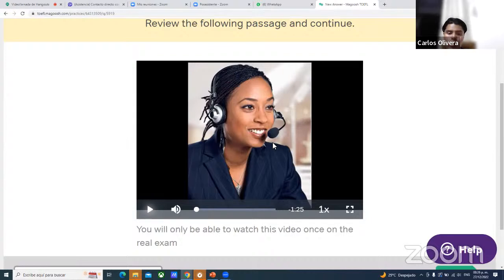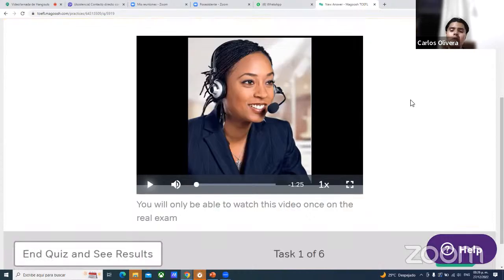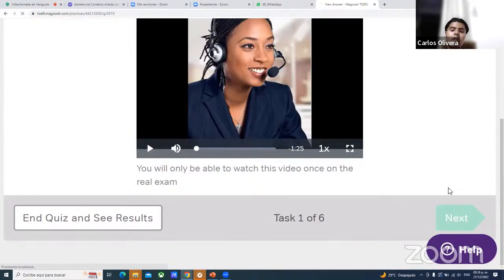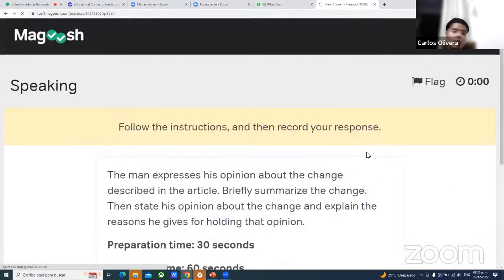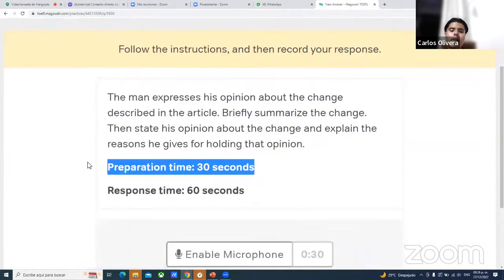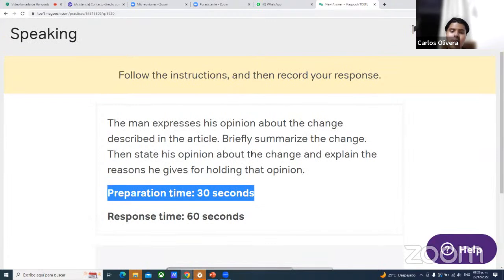You listen and you take your notes. When this finalizes, the computer is going to take you to the next part, which is, of course, the menu where you actually respond to the question. How much time do you have? 30 seconds to prepare your response, right? And in these 30 seconds, once again, a chronometer is going to appear on your screen, going backwards, 30, 29,